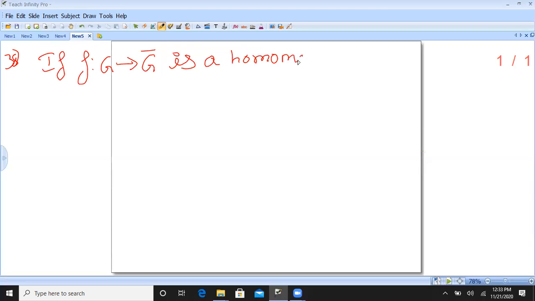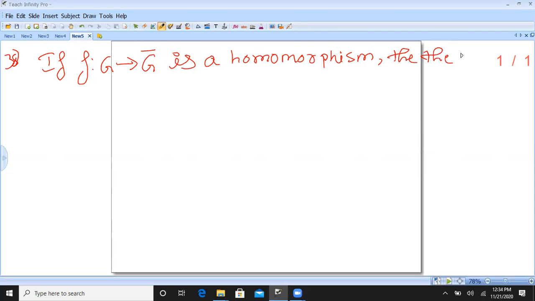Next property, we shall say theorem number 38, another property of homomorphism. Okay, so theorem 38: if f from G to G bar is a homomorphism, then